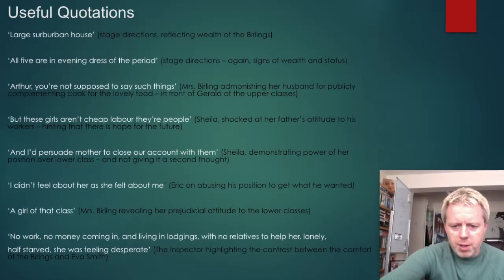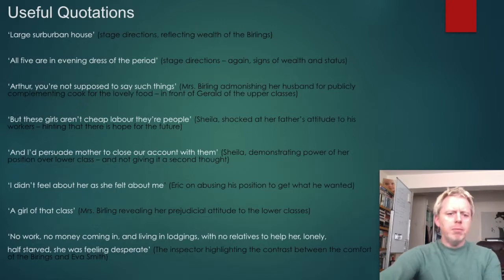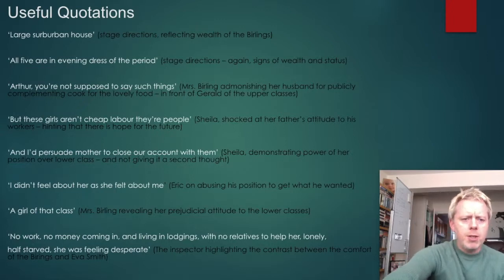Okay, so I hope you can read this, pause it again, make a note, some useful quotations that you can focus on. So opening stage directions: large suburban house reflecting the wealth of the Birlings. All five are in evening dress of the period, again signs of wealth and status. Now as I sat around the table,